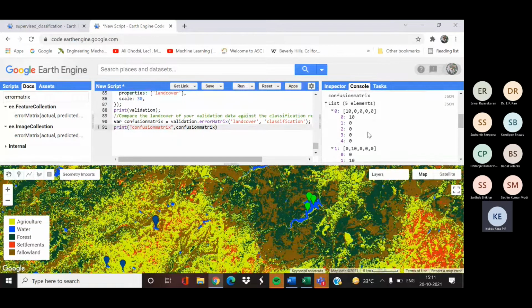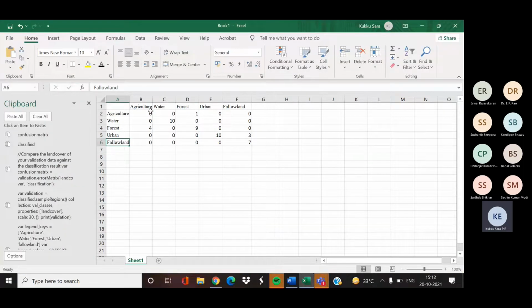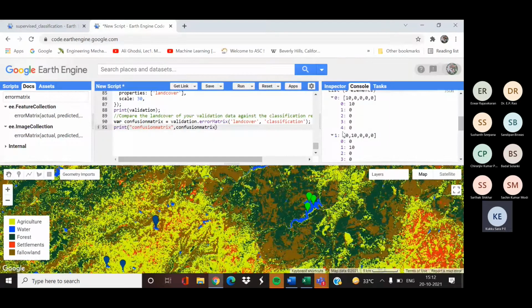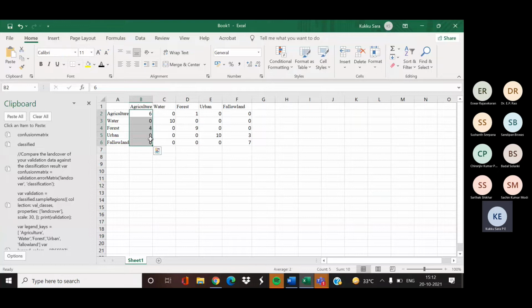So here our first value will be 10 0 0 0. So here it will be 10 0 0 0.